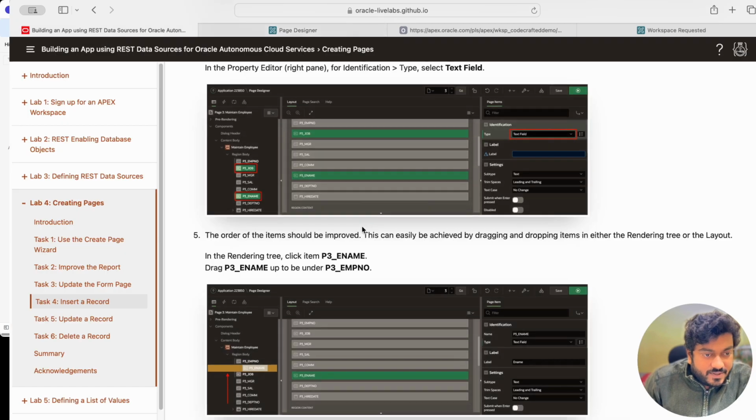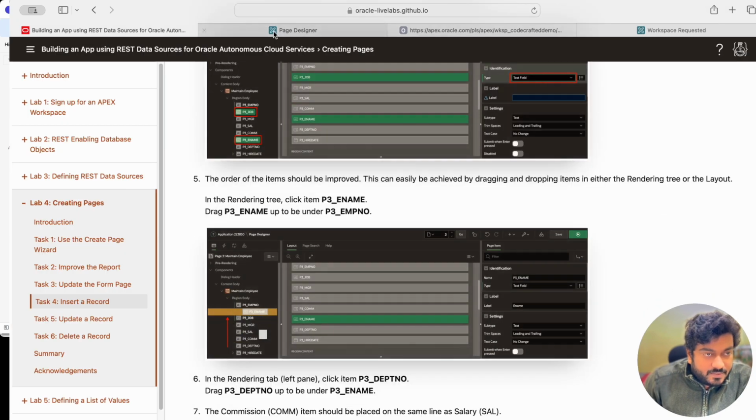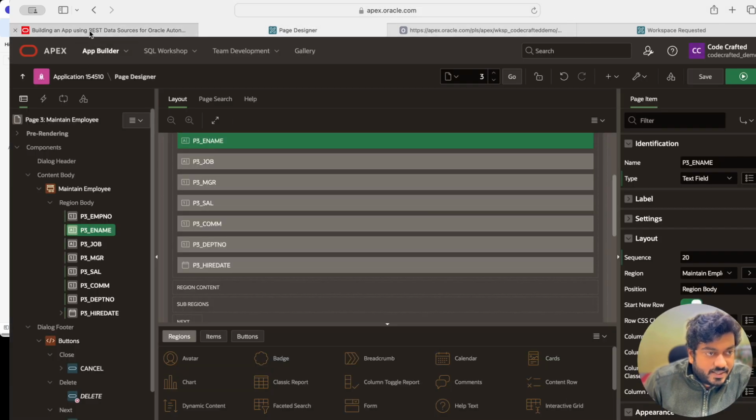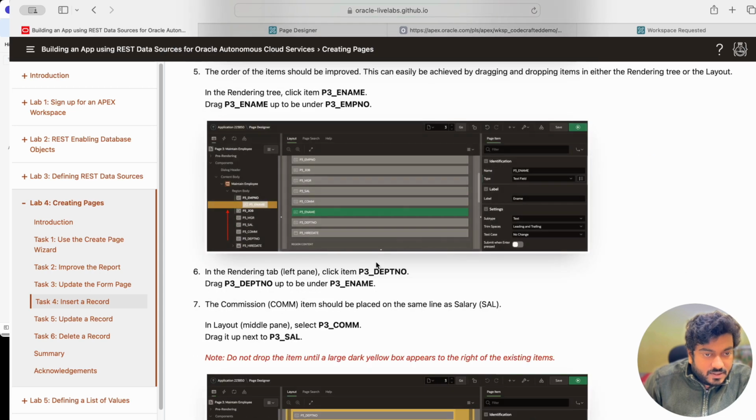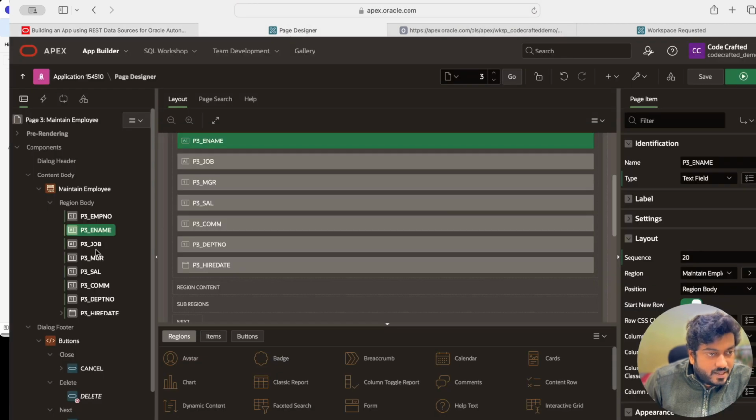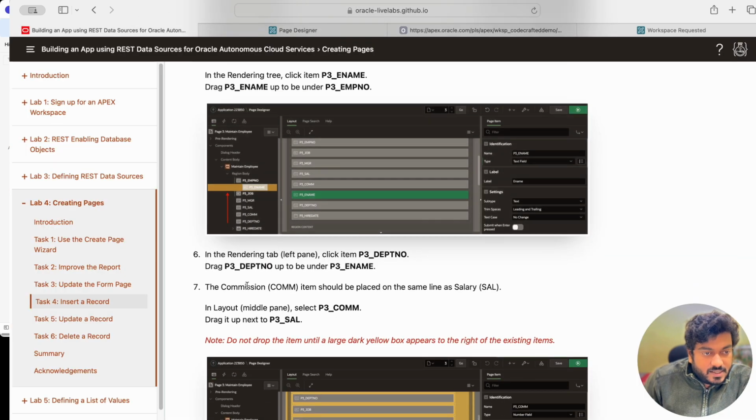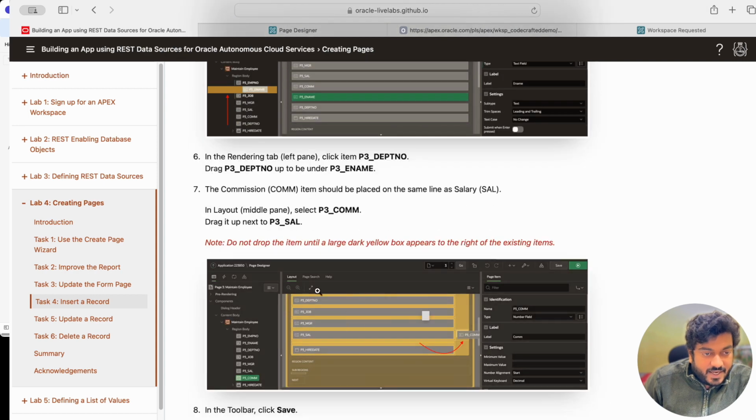So it is talking about that only. Employee name should be coming after employee number. Department number should be after the employee name. So department should be after the employee name. Okay. Commission should be placed on the same line of the salary. Oh, so